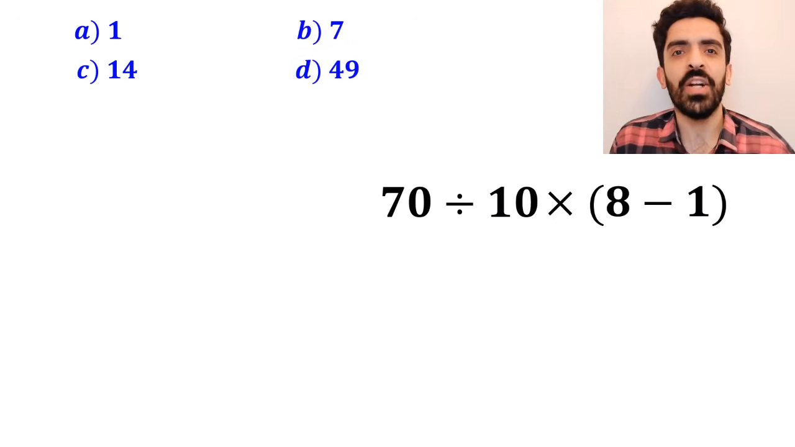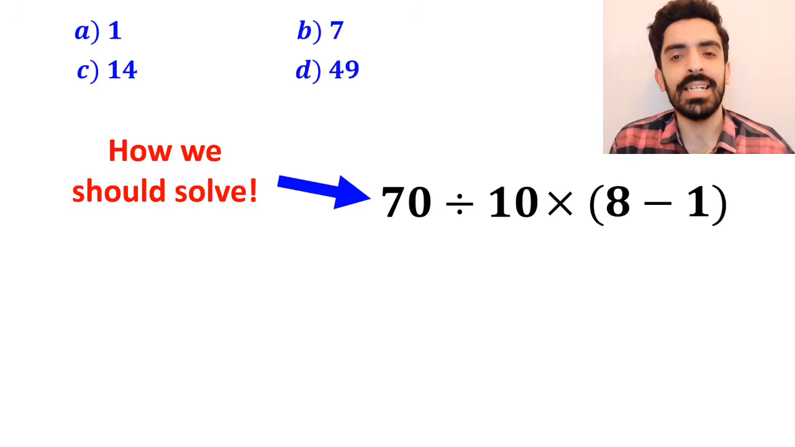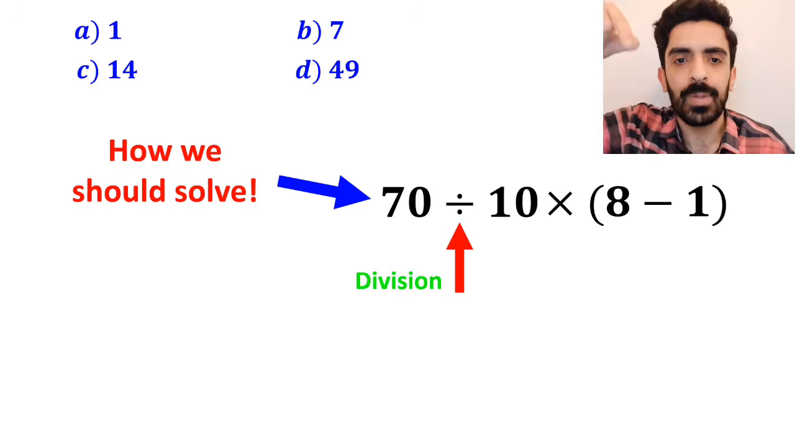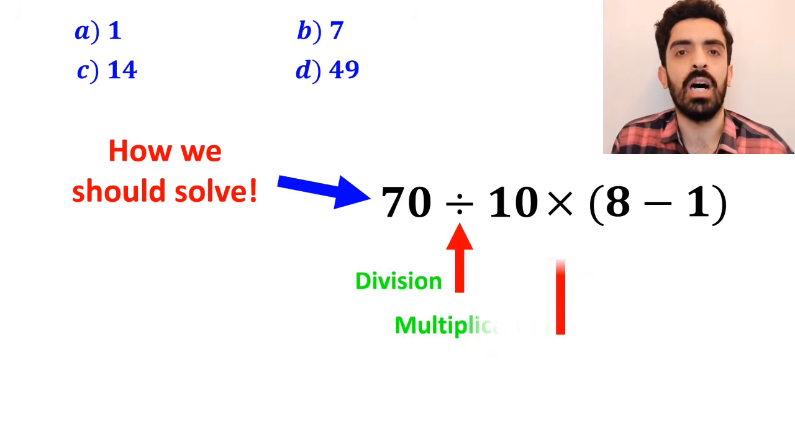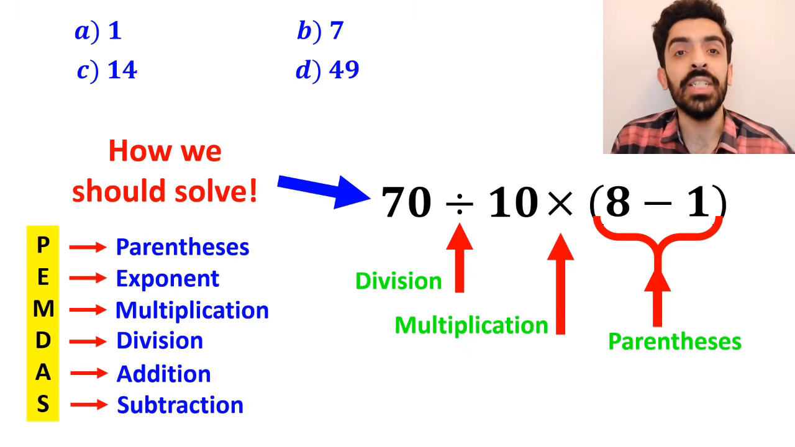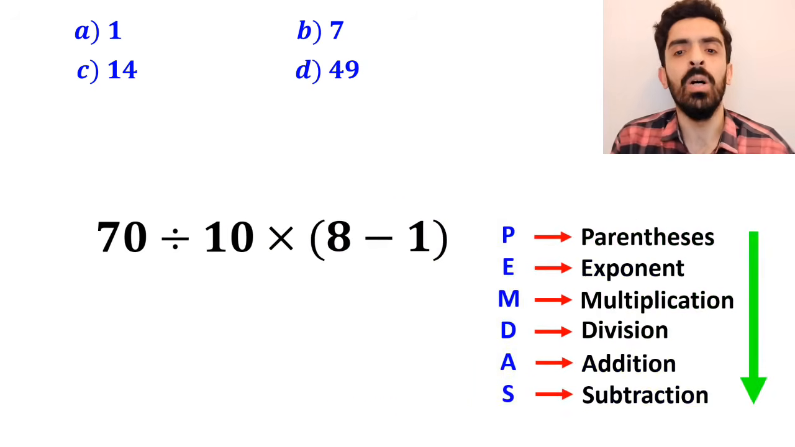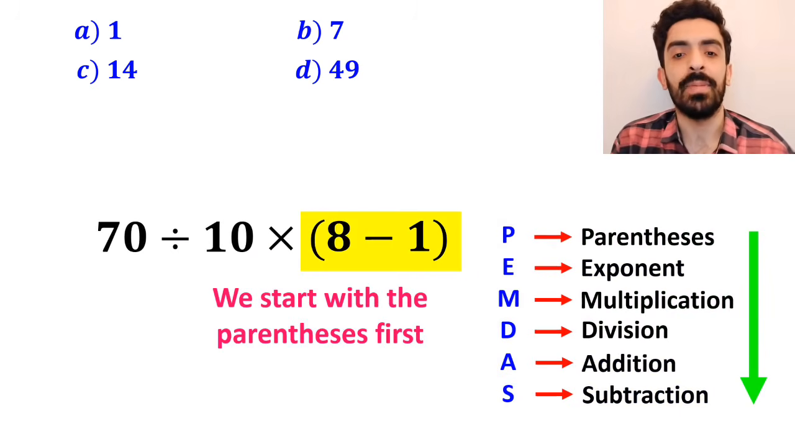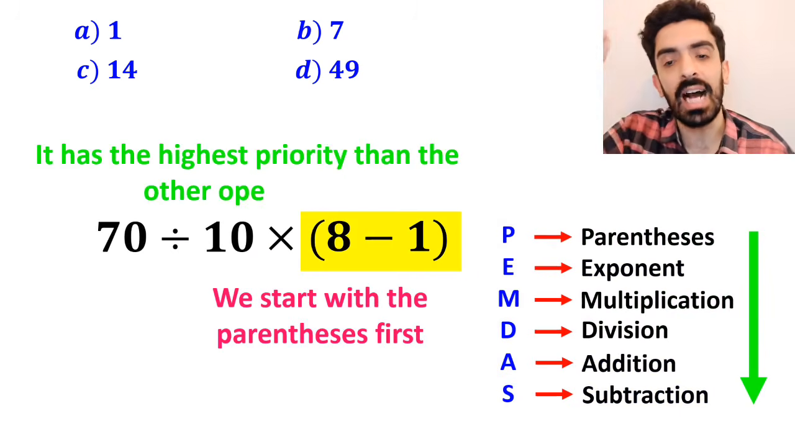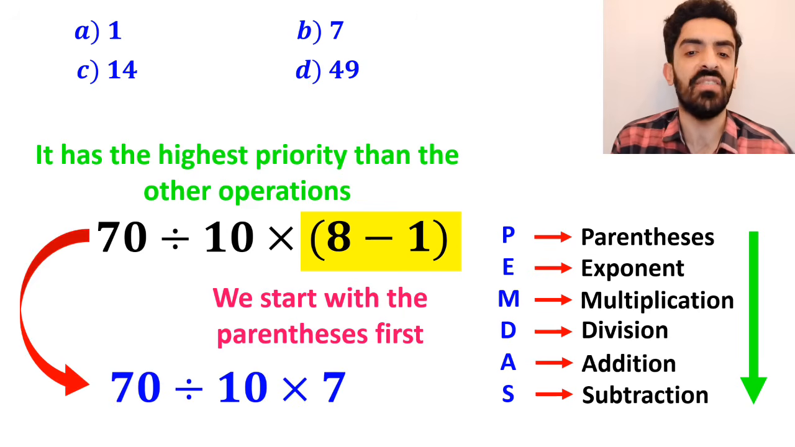Alright, now let me walk you through step by step how to solve this expression correctly. As you can see on the screen, in this expression, we have one division sign followed by a multiplication sign and finally parentheses. To solve this question, we need to use the PEMDAS rule. PEMDAS shows us the priority of the order of operations. So, we start with the parentheses first because it has the highest priority than the other operations. Okay, this expression simplifies to 70 divided by